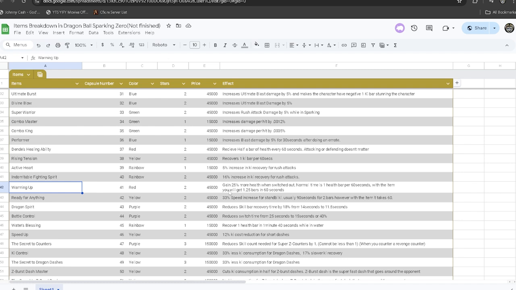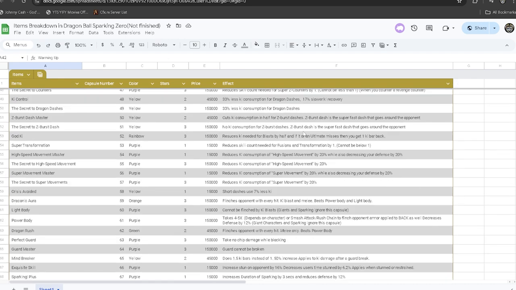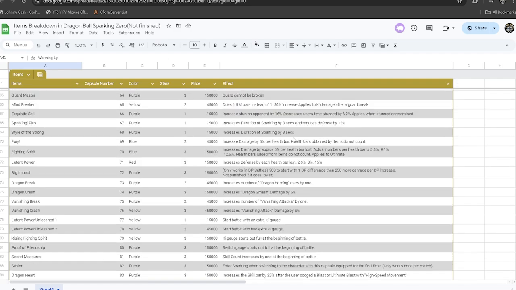With this item, you will get 1.25 health bars in 60 seconds. So that's really good. But the thing about this document is it literally breaks down every single item in the